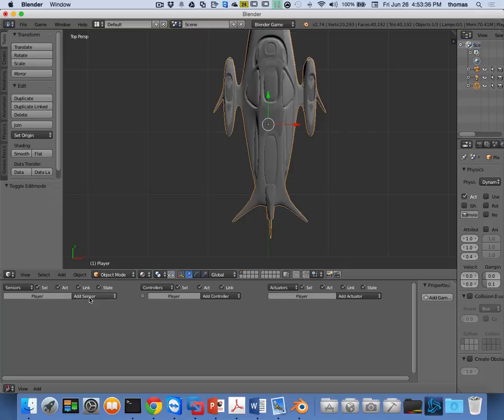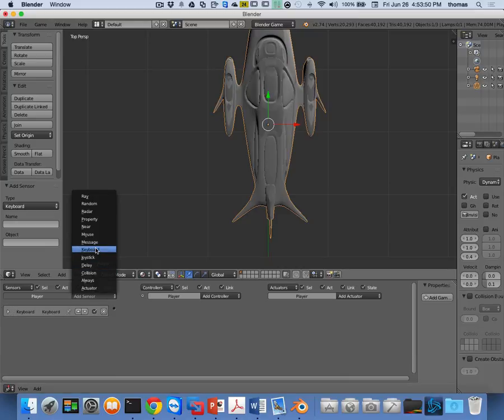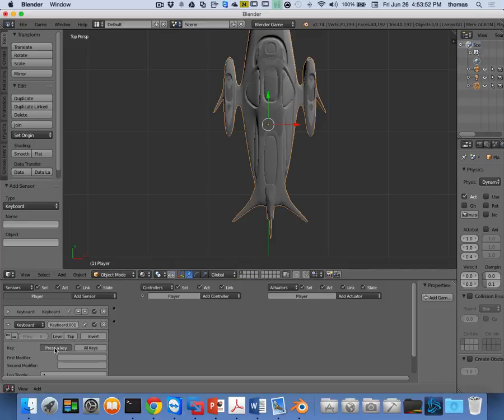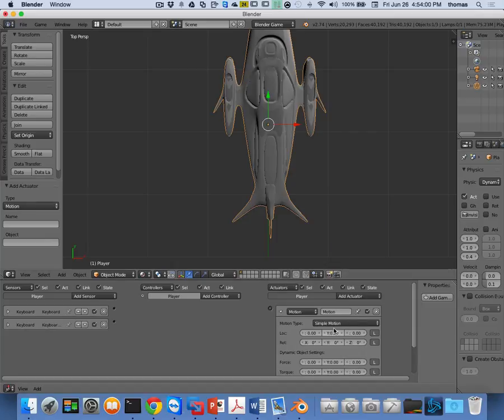Okay, now that I got my Logic Editor, I'm going to add my left and right controls so I can move left and right. Let's try this out. I'm going to add keyboard, and we'll do the same keyboard commands: A for left, and we'll do another one really quickly, D for right. Here's our D, right? And my actuator, I'm going to add 2 motion actuators that are going to use,